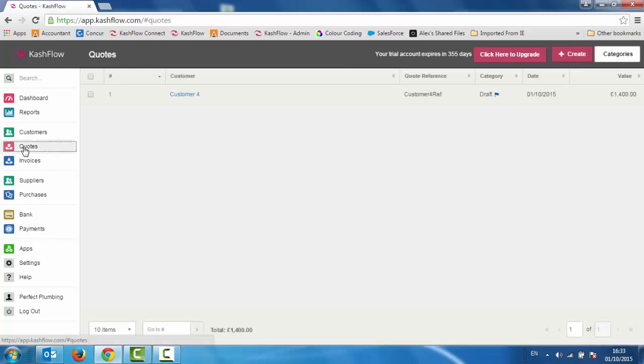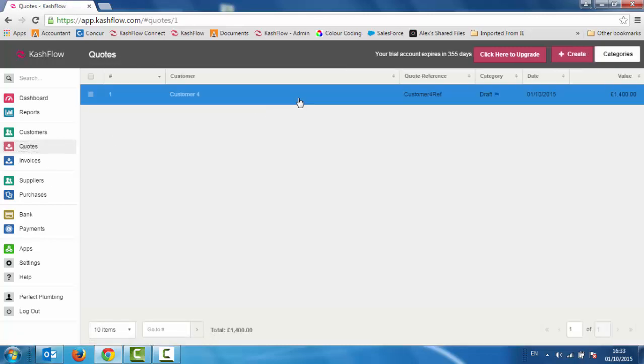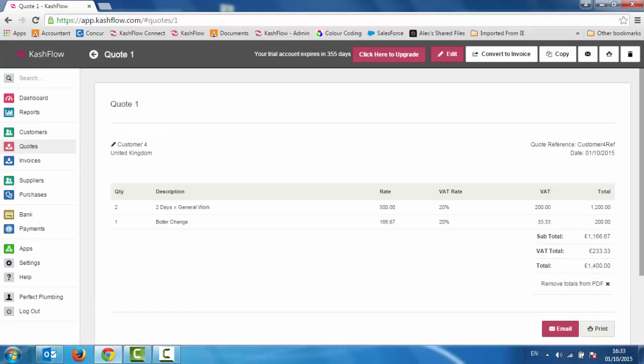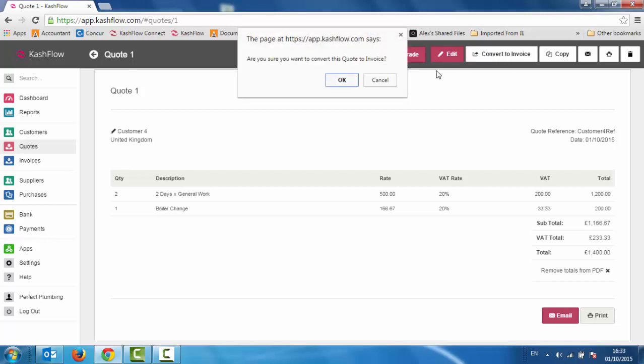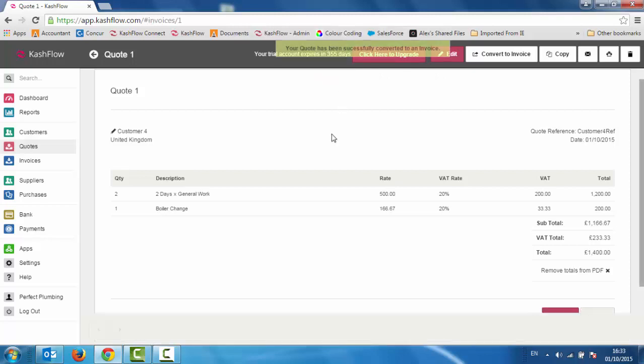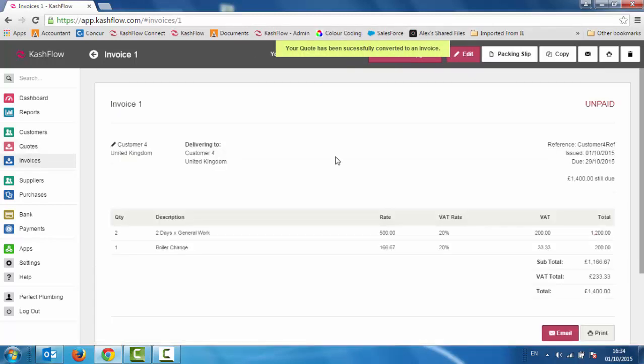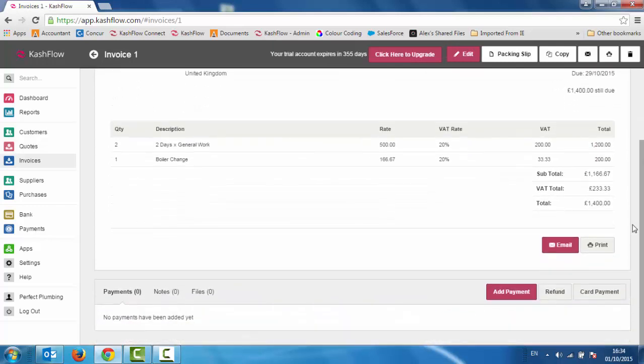So if we go back into our quotes then and just click on that quote, if the client decides that they want to move forward with that, so I've emailed that through to them, they say yes, I'm quite happy with that, I want to go ahead, we can then just hit the convert to invoice button at the top of the screen, and it will pop up and say, are you sure you want to convert this to an invoice? If I now hit OK, I've now created an invoice in the system,